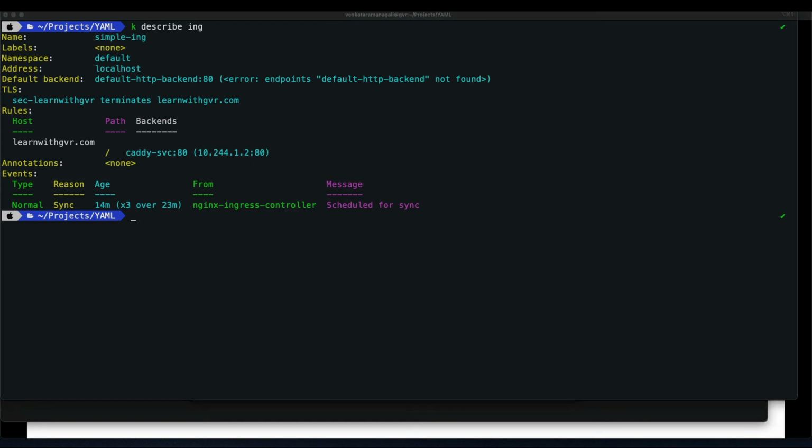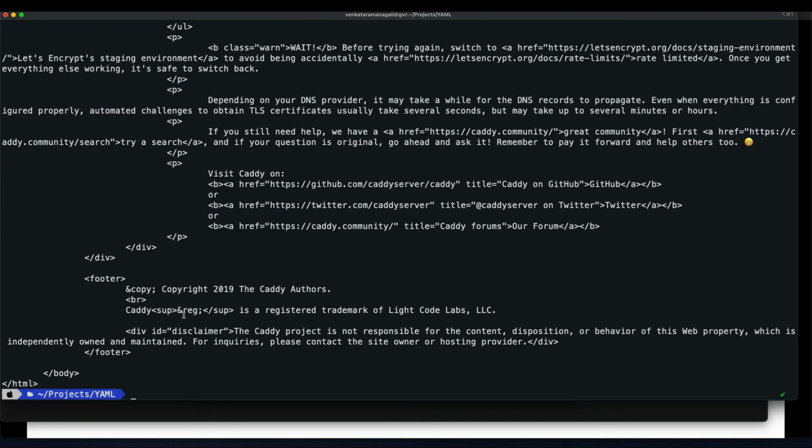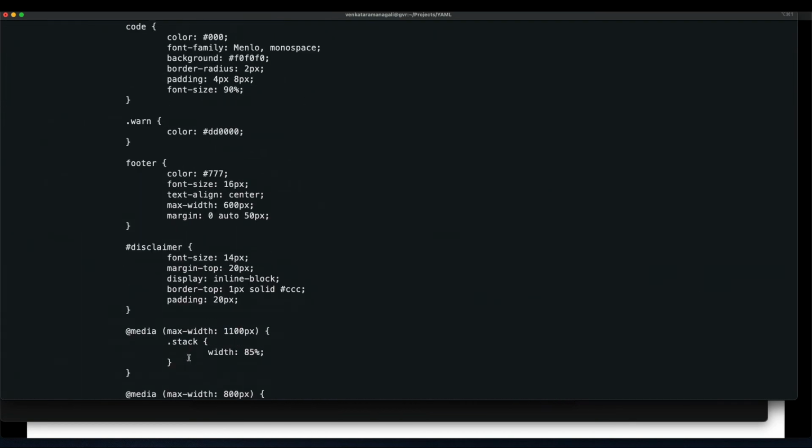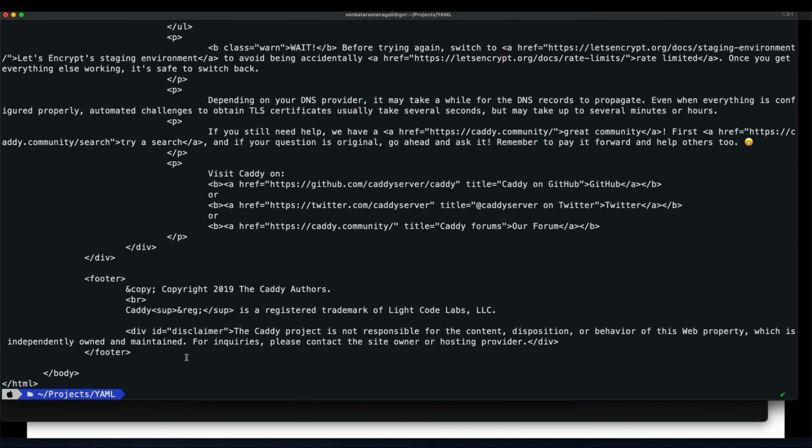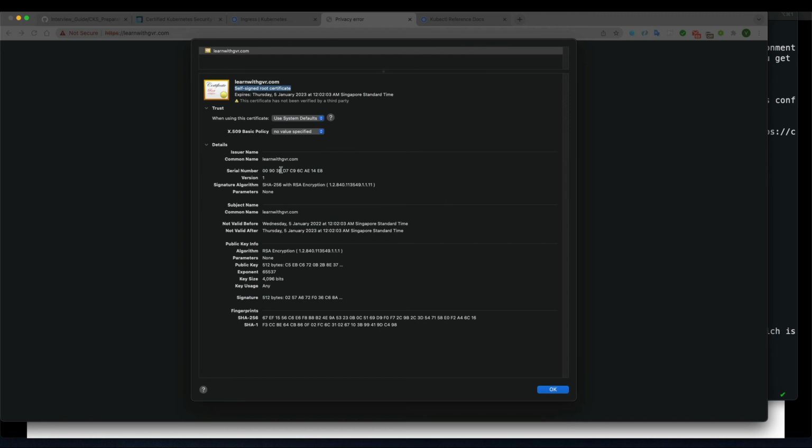So there is a way to test by using curl. This is how we DevOps engineers test. In order to test that, curl --cacert, the TLS cert. Just pass the TLS cert and HTTPS, then yes, it's working. My HTML content is showing, which means it's working. And in fact, you can do it another way. There are many ways, but curl -k, which is nothing but insecure, is also a way you can test this.